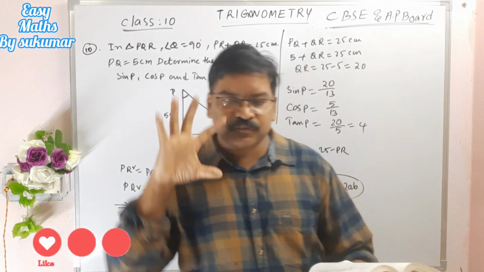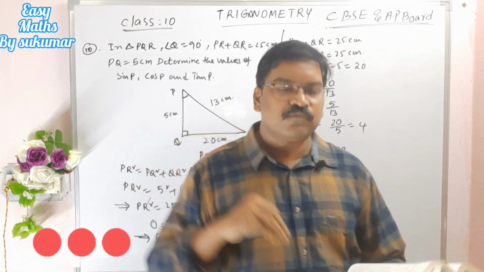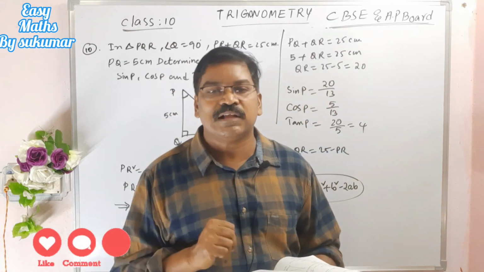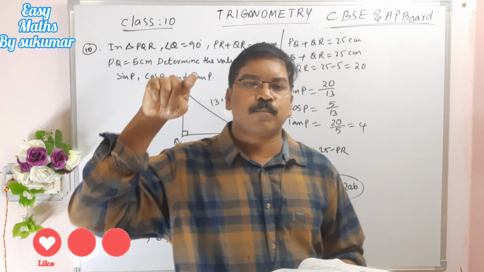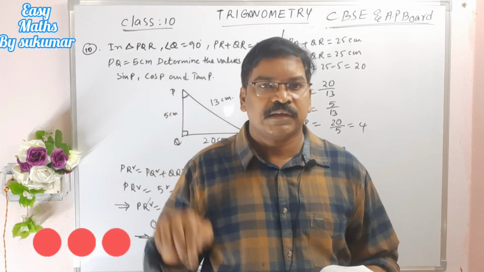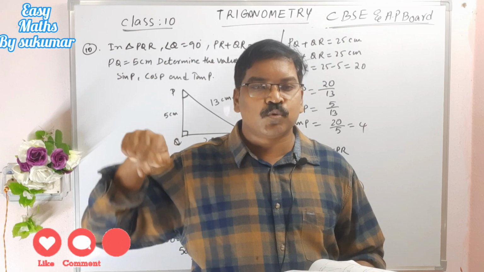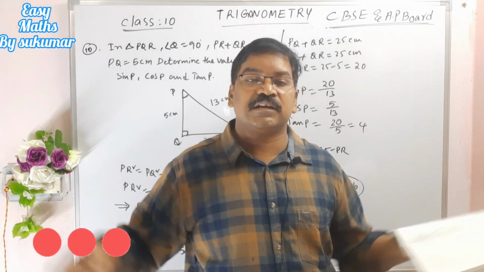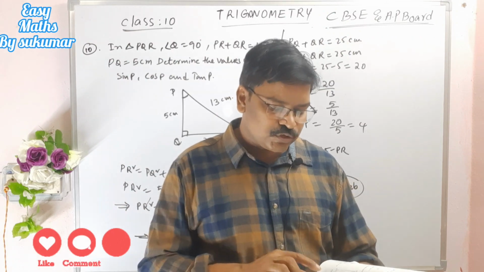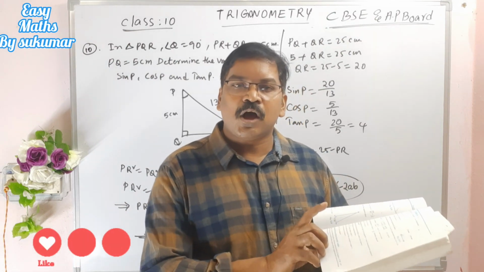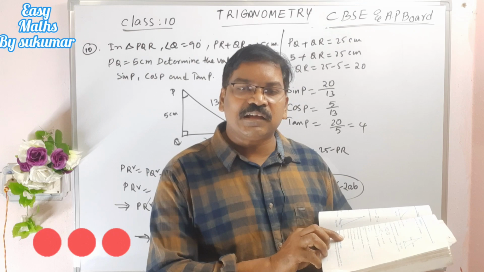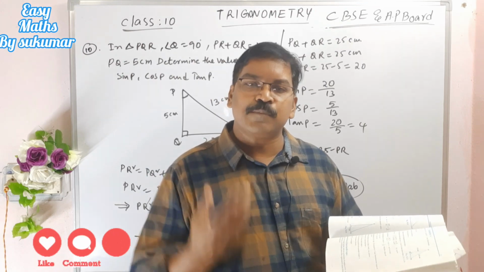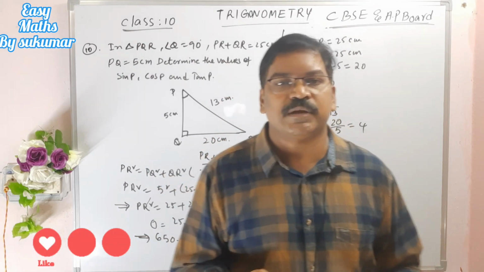Coming to the fifth one, sin theta is equal to 4 by 3. It is absolutely false. Why? Sin theta means opposite side by hypotenuse. The hypotenuse is more than the opposite side. Why? The hypotenuse is the longest side in a right angled triangle. So, my dear students, here 4 by 3 means the opposite side is greater than the hypotenuse, which is never possible. So it is also a false statement.